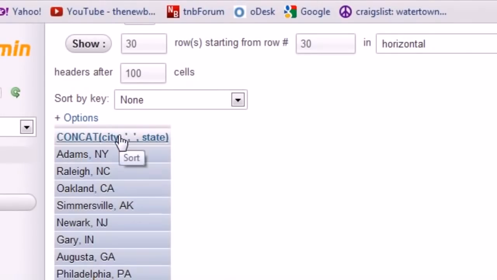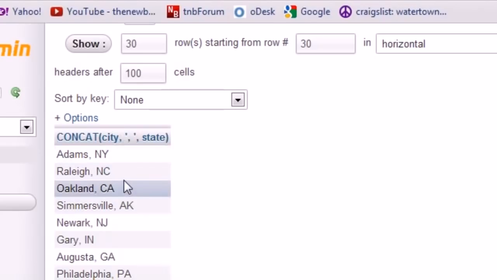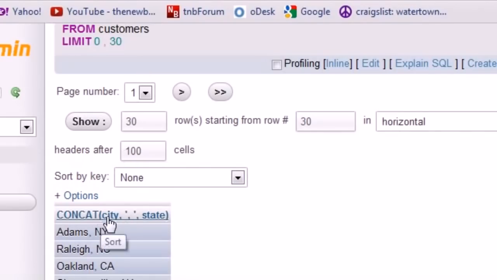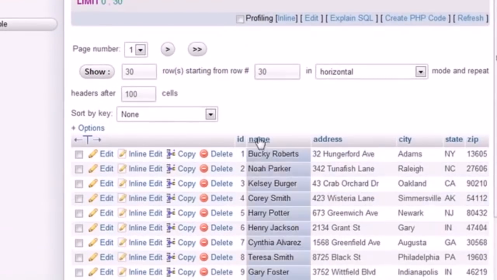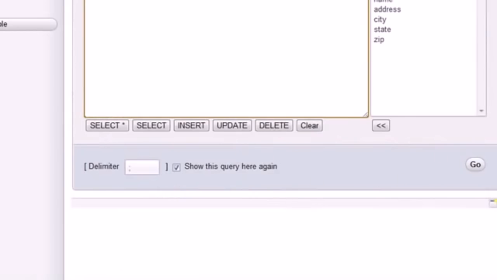So what is the name of this column? Is it city? No. Is it state? No. Is it concat city, comma, state, comma, whatever? No. In order to give this new column a name, because check it out, whenever you make a table, every column has a name. In order to name your new column, you need to specify that whenever you're writing your